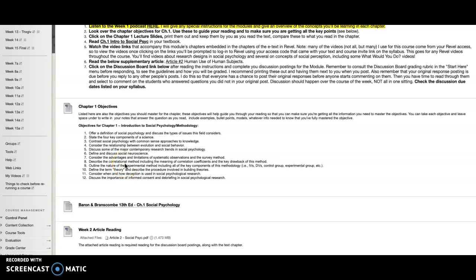Ones that are a little more complex, like the experimental design, and then correlations. What do each of them tell you? What kinds of questions can be answered by using each? And then at the very end of the chapter, you see how we get into ethics, specifically in social psychology,